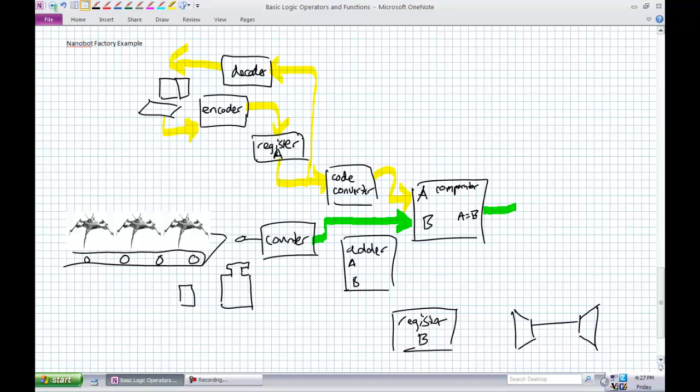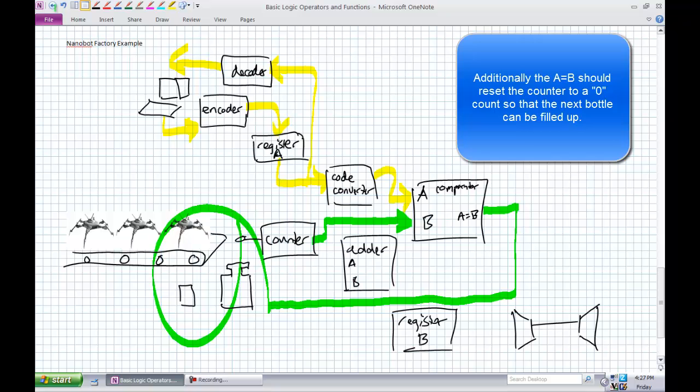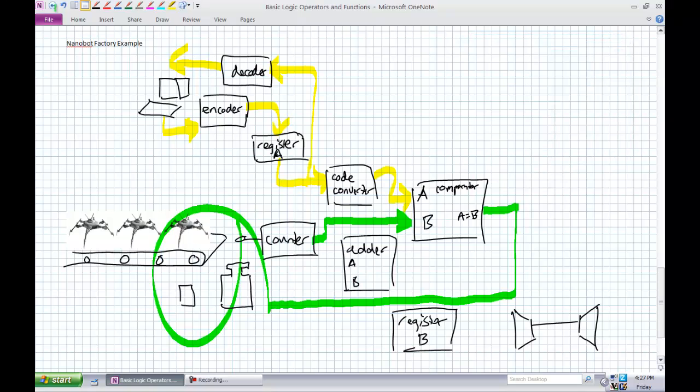Now we want something to happen. Yes, very confusing. Let's put the green over here. It just goes there, to the valves and control system. It shuts off the valve and kicks off the bottle, because we want that bottle full and a new bottle in place. So it's making a decision based off of, hey, I've got enough in that bottle. Not only does it stop the valve, kick off the old bottle, and put on a new bottle,